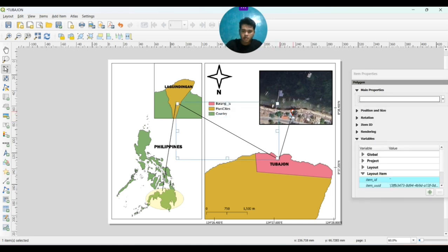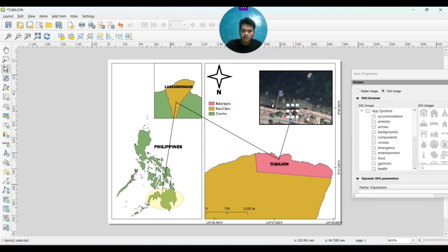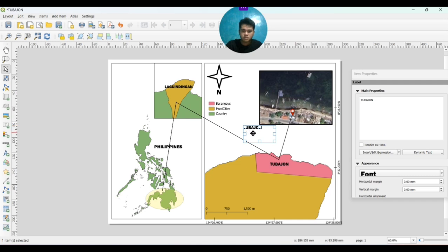And I just want to have the label for the study area. So click the text that was already there. This is what we have done earlier. Here, we just change it to study area.